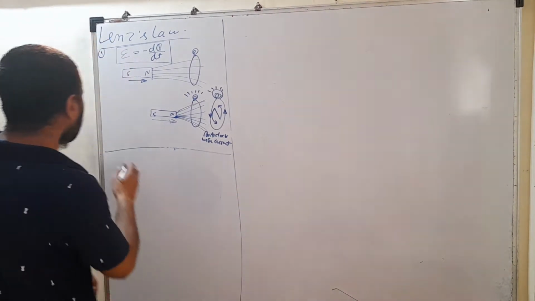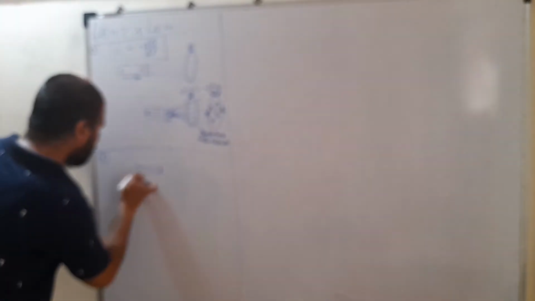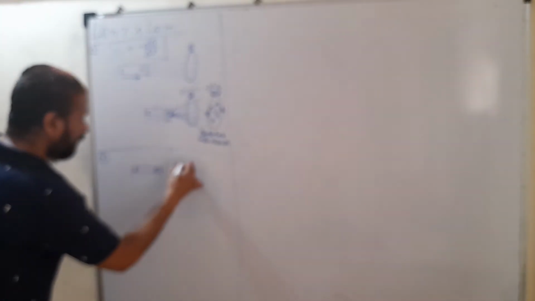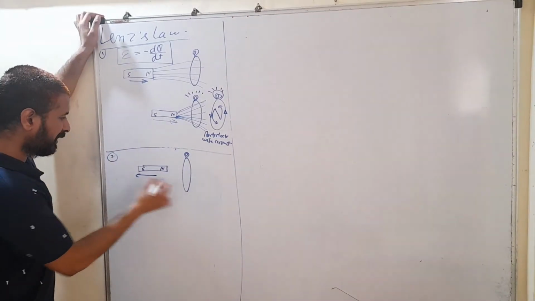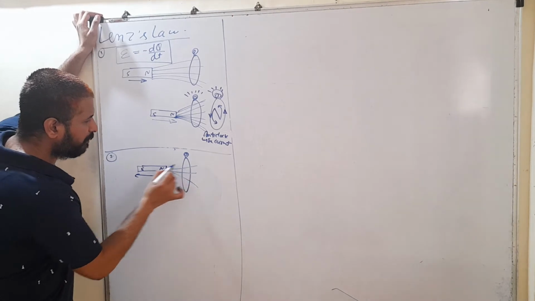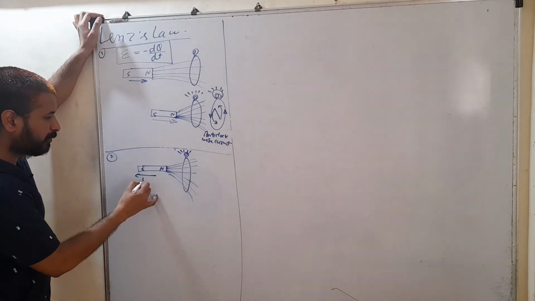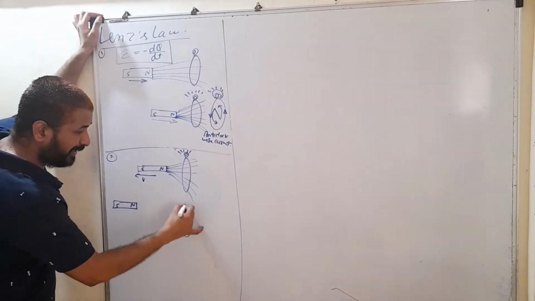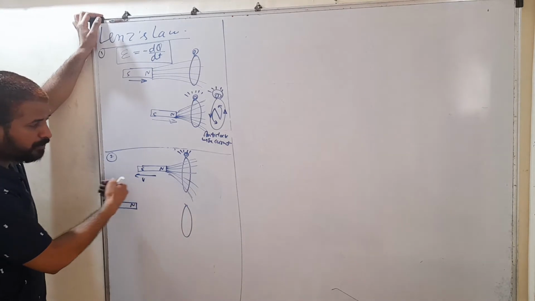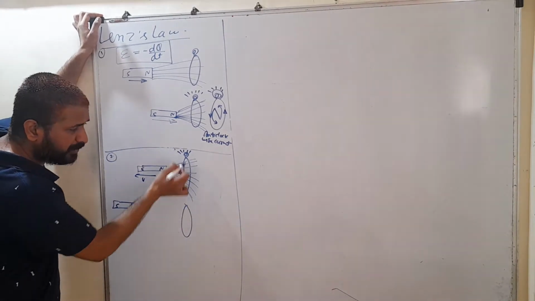Now in the second case, here a north pole is developed. Now if you are bringing this magnet away from the loop, this is the north pole, this is the south pole, here is the loop, and a bulb is connected. When the magnet is closer to the loop, more magnetic flux is passing through it, so the bulb is glowing, and then this magnet is moving away. When this magnet is moving away from the loop, it is going to decrease the flux which is passing through this loop.